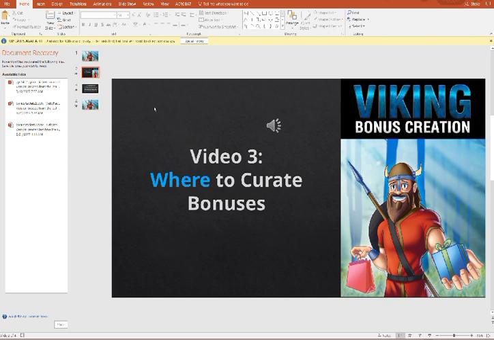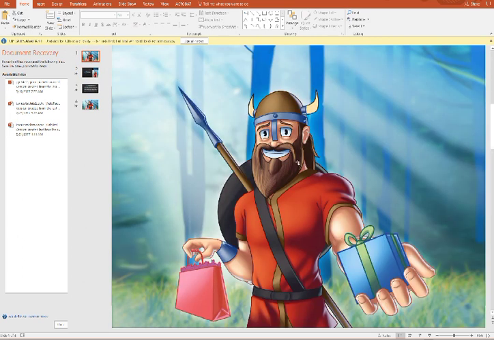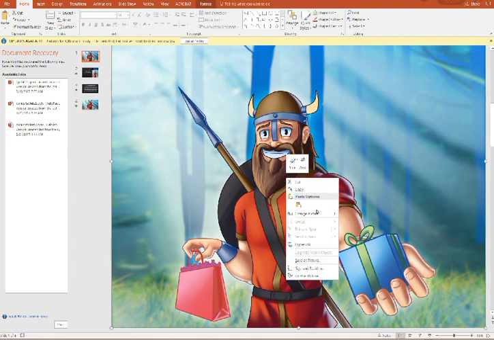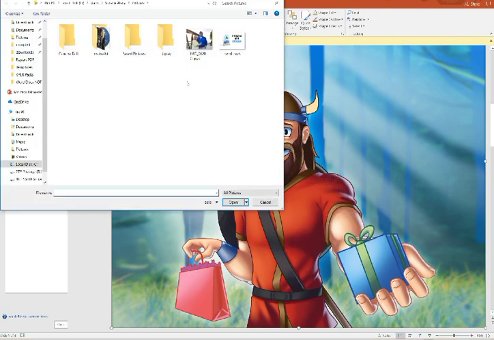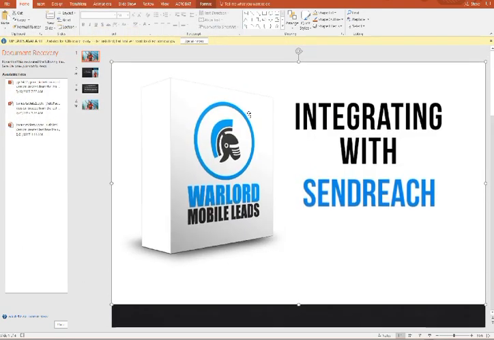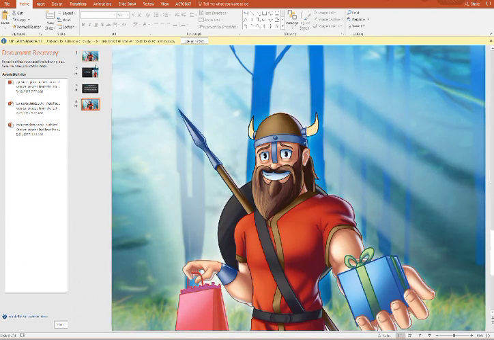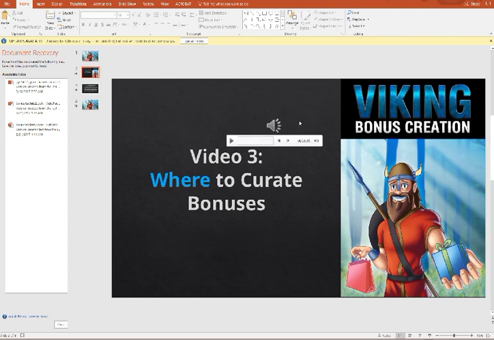Viking branding. The easiest way to do that is going to be to come to each image. There's 3 Viking images in each slide presentation, and what you'll do is you'll right click, you'll come over here to change picture, choose from a file, and I'll just grab a random image here. Easy as that. You would do the same thing here and here, and if you did want to change the